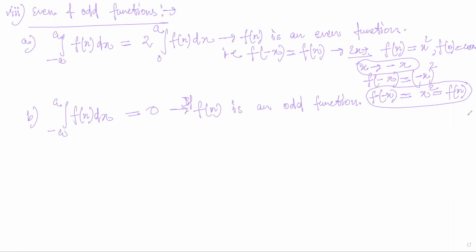Cos x also does not change for negative and positive values. So whatever answer exists for 60 degrees, the answer will be the same for minus 60 degrees. Cos 100 would be equal to cos of minus 100 degrees. And similarly, odd functions are those where, if you change x with minus x, the function becomes the negative of what